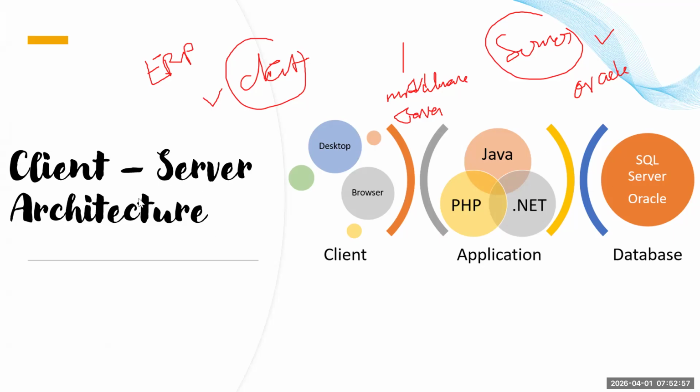But some of the applications will be three-tier architecture. For example, ERP is a three-tier architecture, which contains client, server, and there is a middleware. Without middleware, you can't do anything with the Oracle apps. But if you go for SQL Server, there is nothing like a middleware. It's a two-tier architecture. There will be a client, there is a server. Got it, everyone?